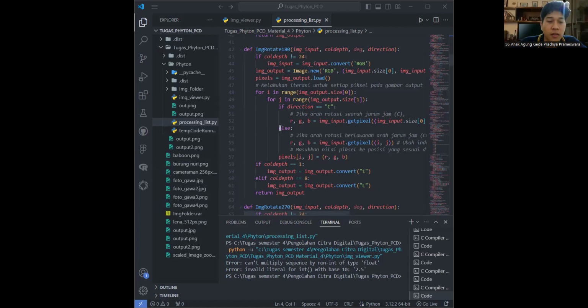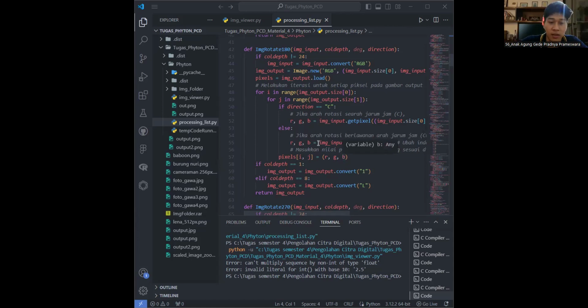The position of the retrieved pixel is input image width minus i minus 1, input image height minus j minus 1. In this case, we retrieve the pixel from the input image in reverse,